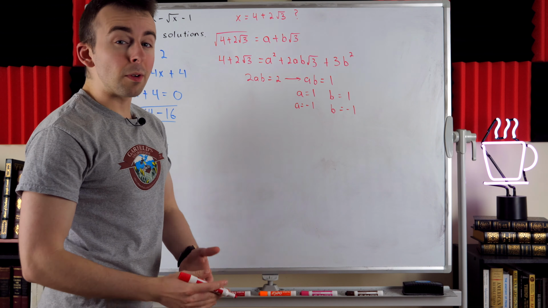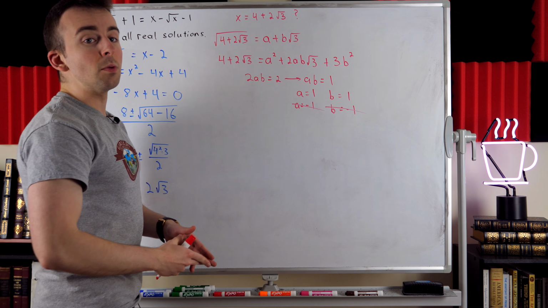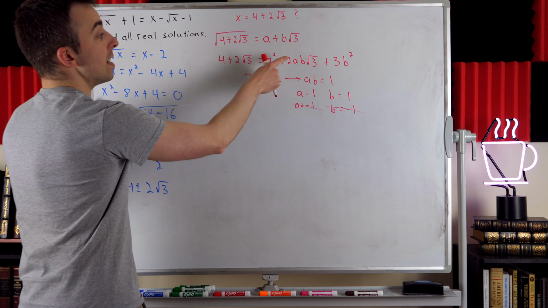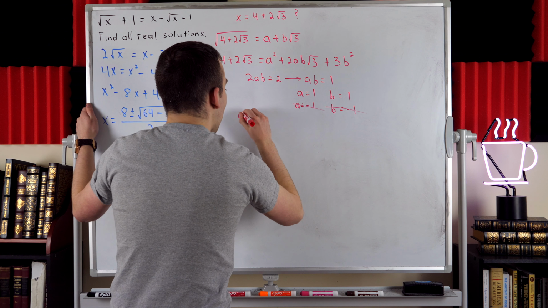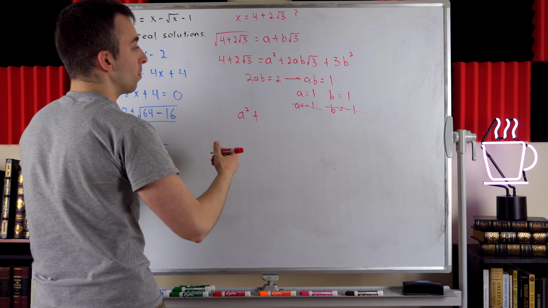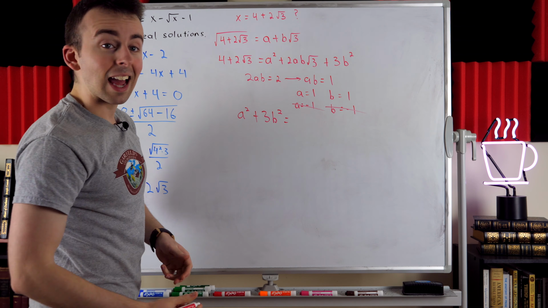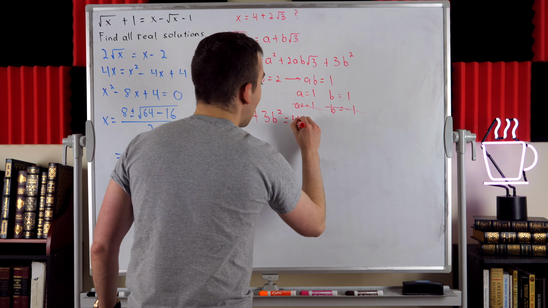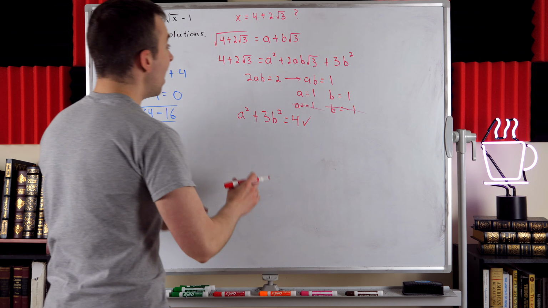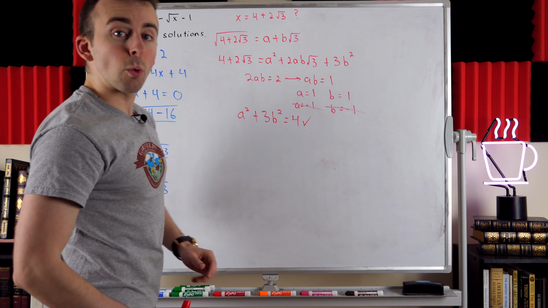Now those might work, but we haven't finished satisfying all the conditions here. We also need to pay attention to the non-radical term. So a squared plus 3b squared, the non-radical terms here, should equal the non-radical term on the left, which is 4. Now, does a equals 1 and b equals 1 satisfy this equation? Well, that would be 1 squared, which is 1, plus 3 times 1 squared, which is 3. 1 plus 3 is 4, so hey, that works,